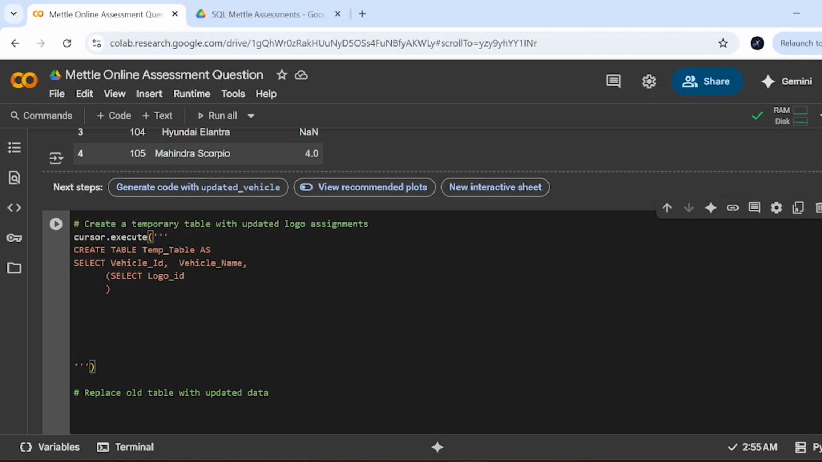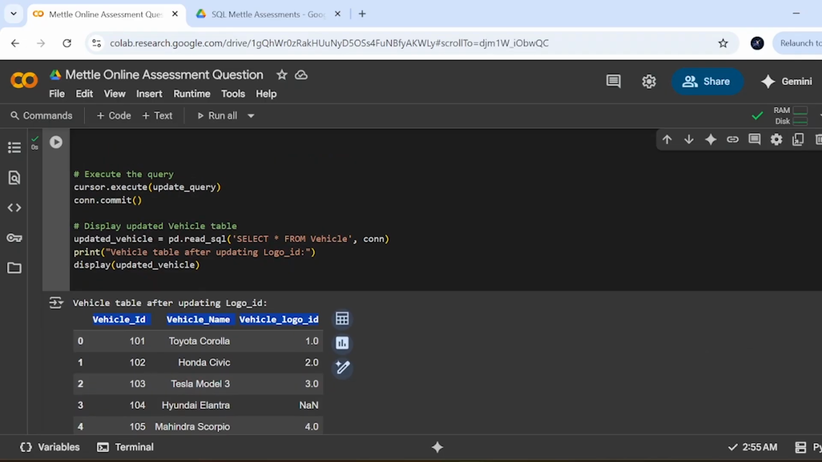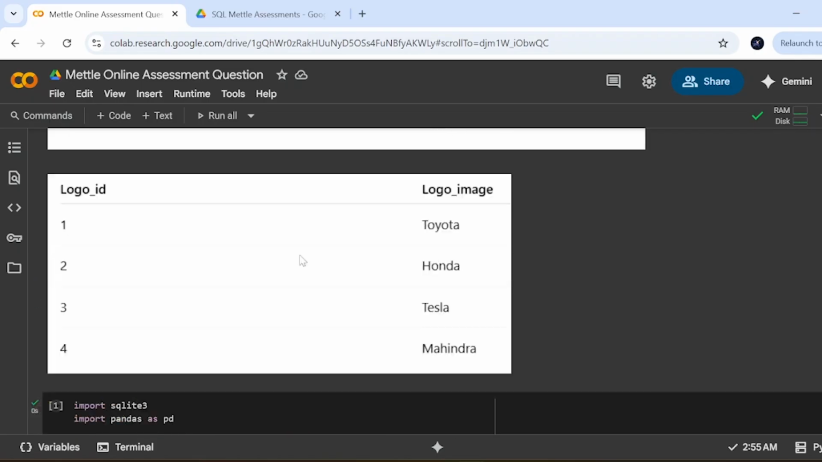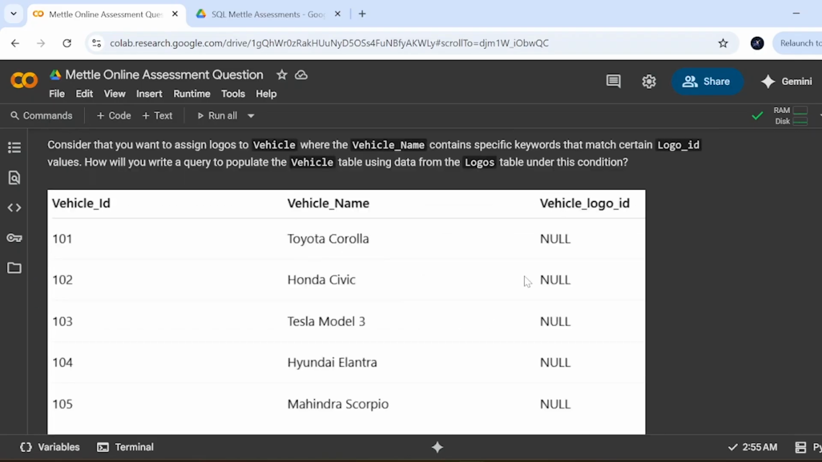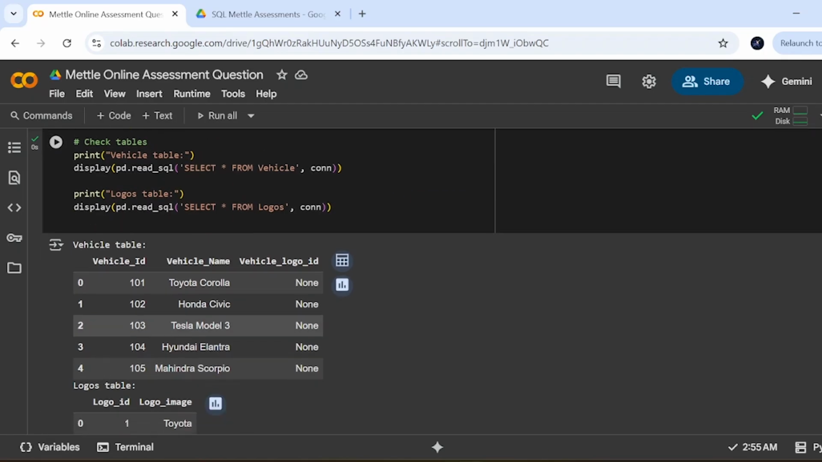From where I'll get the logo id, I'll get in the logo table. So logo id from logo. Okay, so we have one column which is vehicle ID, we have second column vehicle name, and the third column is logo ID, which I don't have. If you see in the table, I have the column, but I don't have the values. So I have to get it from the logo table. So for that, what I'll do,